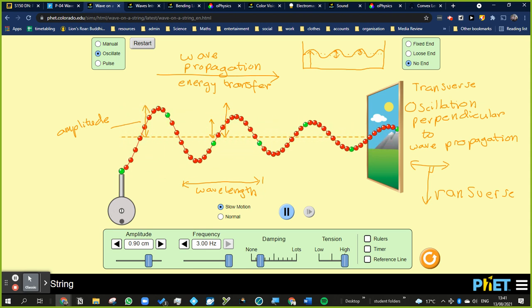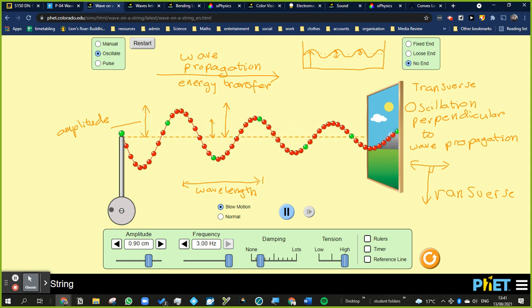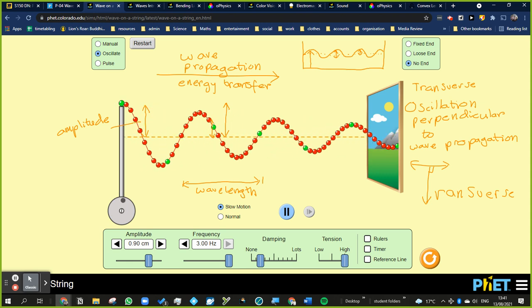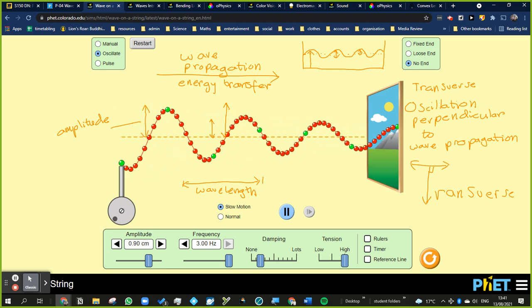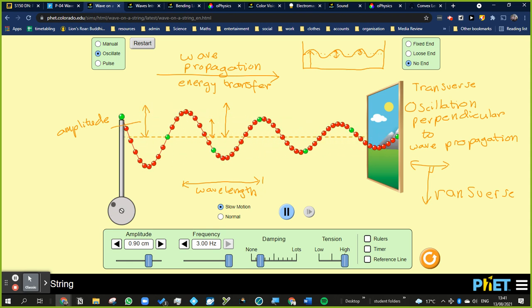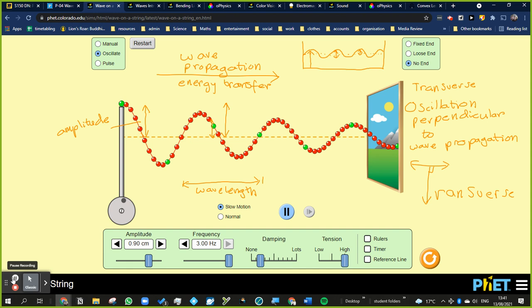So the amplitude of the wave gets less and less the further away you get. That's not really damping in that way. That's just it spreading out. And damping would be more like something's absorbed that sound energy in some way. So that's one good way to introduce waves. So what I'll do is I'll take a snapshot